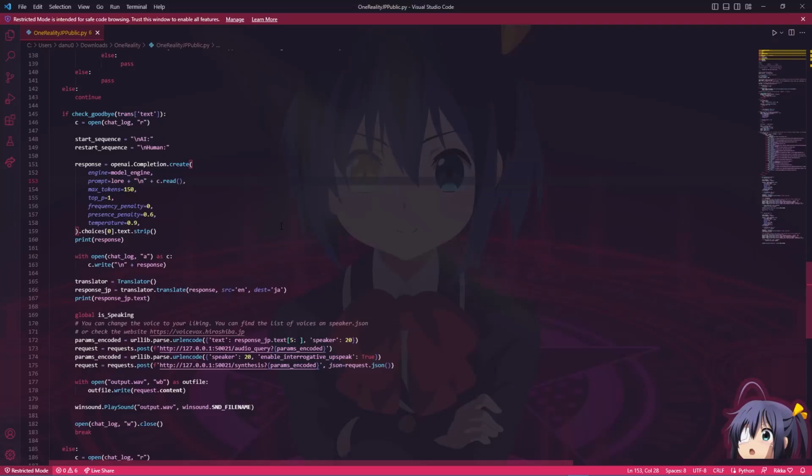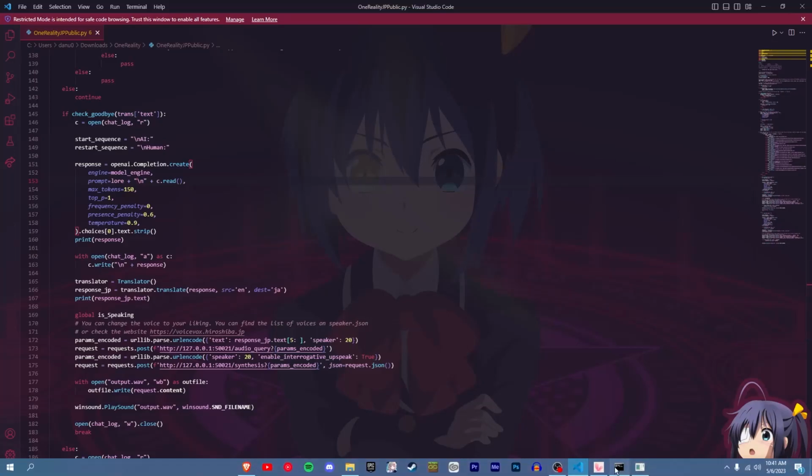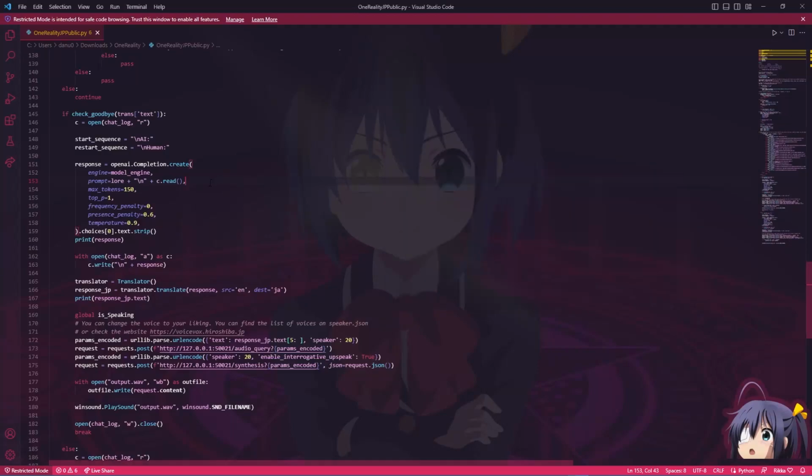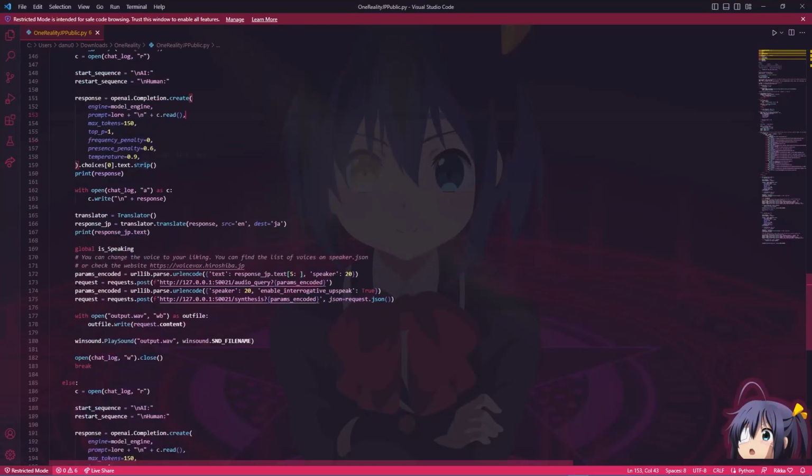So it sees like a theater script, like this is what it would look like to the AI, you and then Megumin, and then it just autocompletes, based on what it thinks is most logical to say after that. Yeah, that's kind of how it works. It's very complicated, but